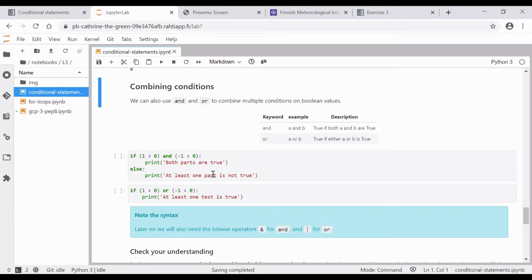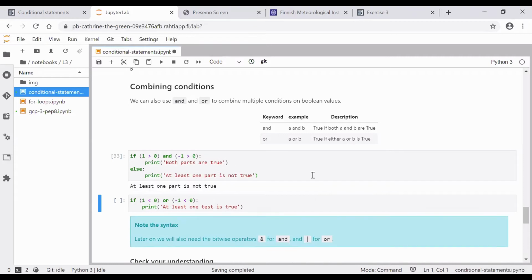Okay, this is maybe clearest if you test a bit with some actual values. So we can run these examples and try to read them. So if 1 is greater than 0, so this is true, right? And if -1 is greater than 0, so this is false. So this line won't get executed. Instead, we ended up in here. At least one part is not true. So with this AND operator, we mean that we want two conditions to be true. So for example,